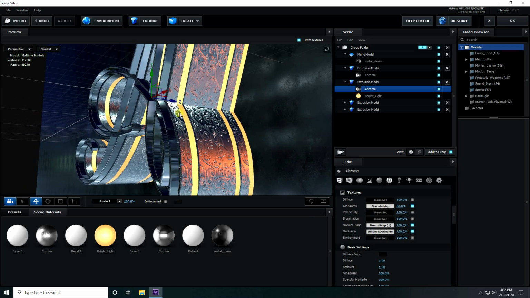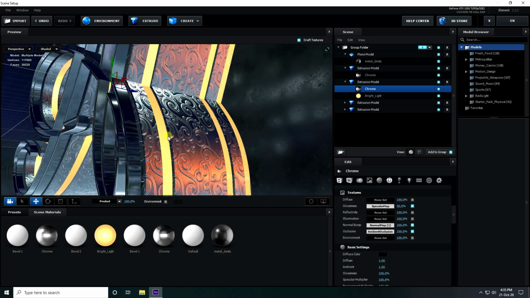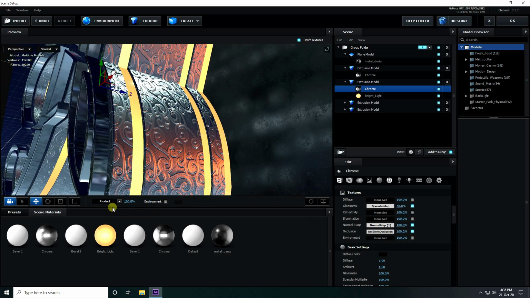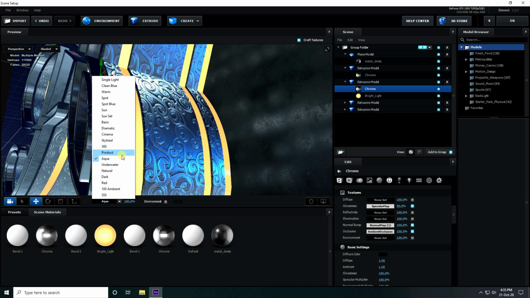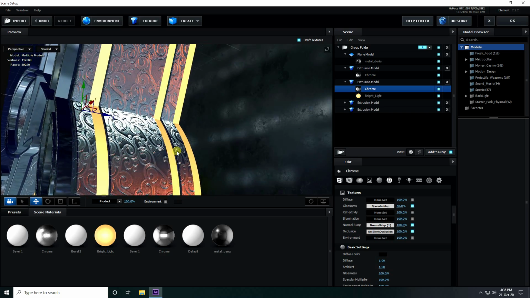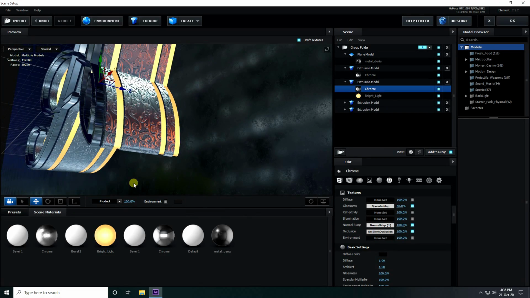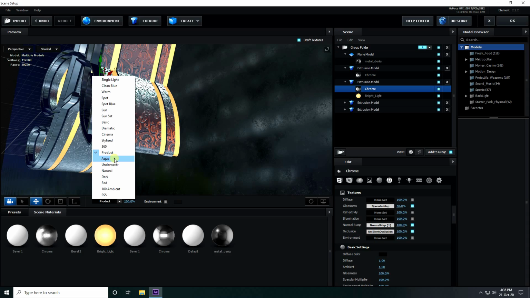Yes, see guys, that's my beautiful material and lighting. Take aqua like this, and for the second one you can also take product, right? Depending on your work, you can take anyone, but this time I like this one, product.